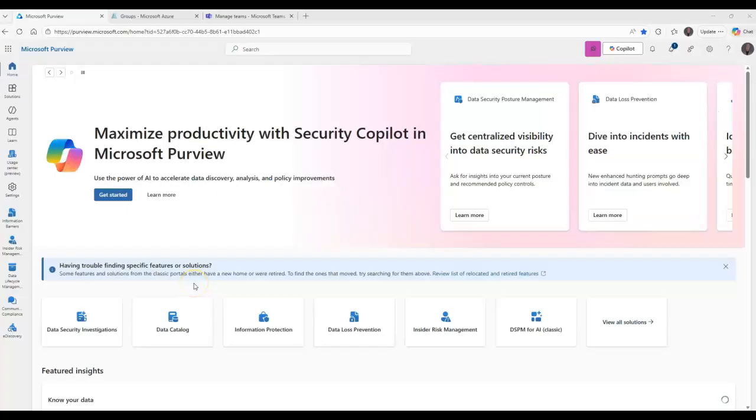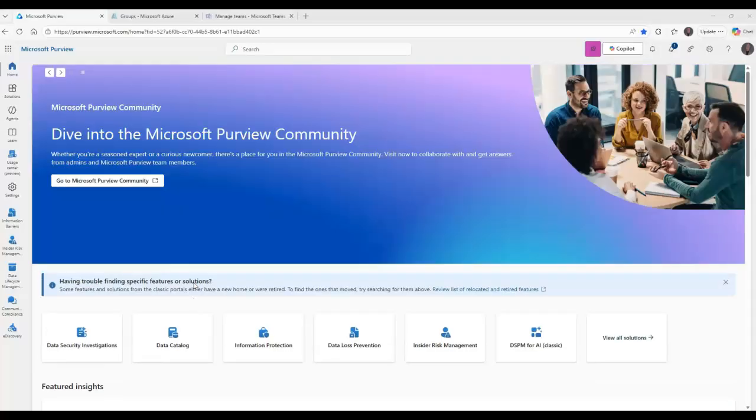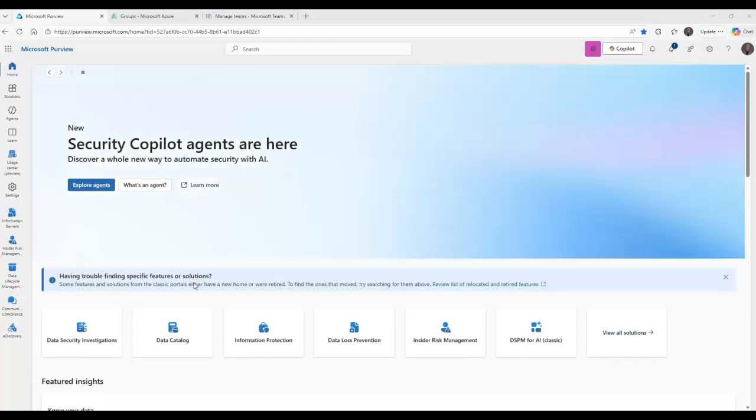All right, let's dive right in, and we'll take a look at information barriers inside of Microsoft Purview. As a summary or recap, information barriers allow us to take sections of our business called segments and isolate them so that they cannot communicate with each other.